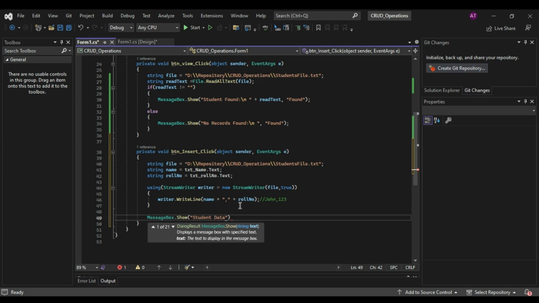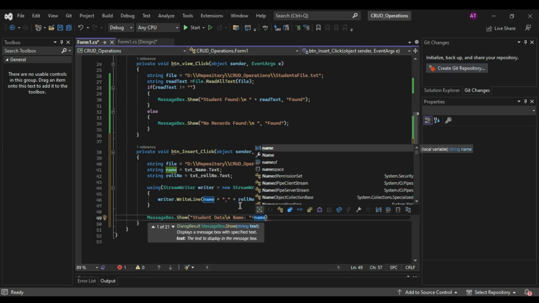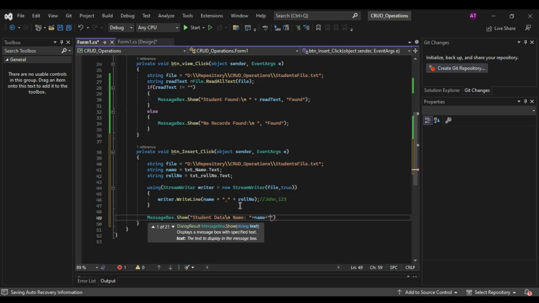Student data. Now new line, name plus. Basically, when we have to make one string and include variables, we use plus, because strings are joined. We can join many strings by using the plus sign between them. So plus name, then we add backslash n to skip the line, then roll number